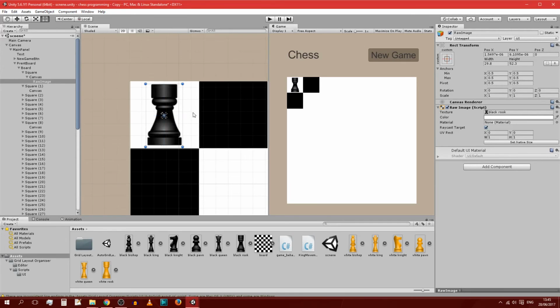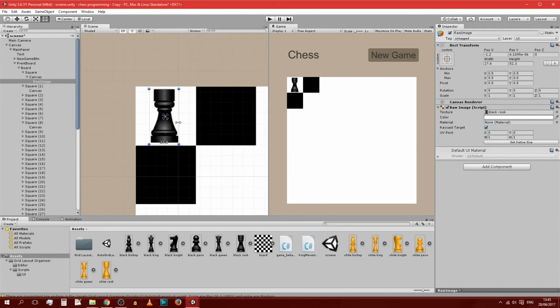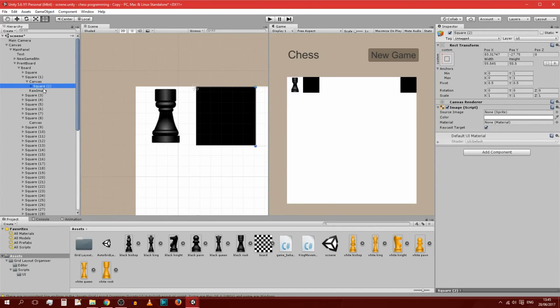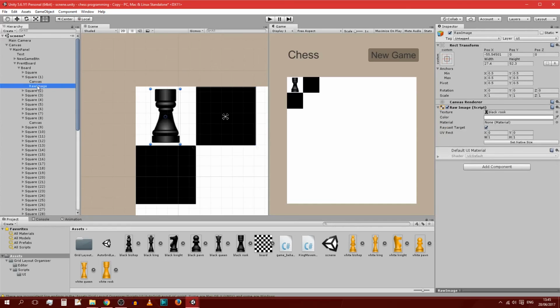And we've centered it as well. I actually want it slightly thinner. Now, because we've got the exact size that we wanted, all of our squares are going to be that size as well. So we can just copy this raw image and paste it inside of our canvases. If it doesn't go inside of the canvas straight away, then you want to, as you saw me do, raw image, drag and drop. So we can call